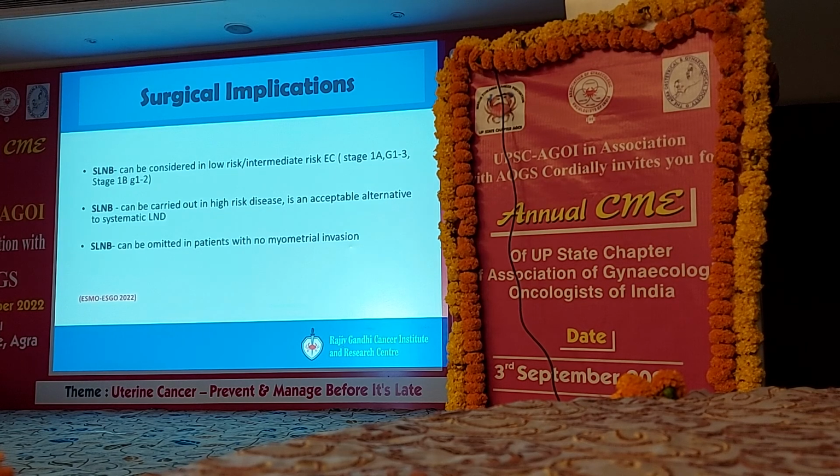Next important thing is your sentinel lymph node biopsy. Now this can be considered in low risk and intermediate risk endometrial cancers. We have so many trials which have given their result, and